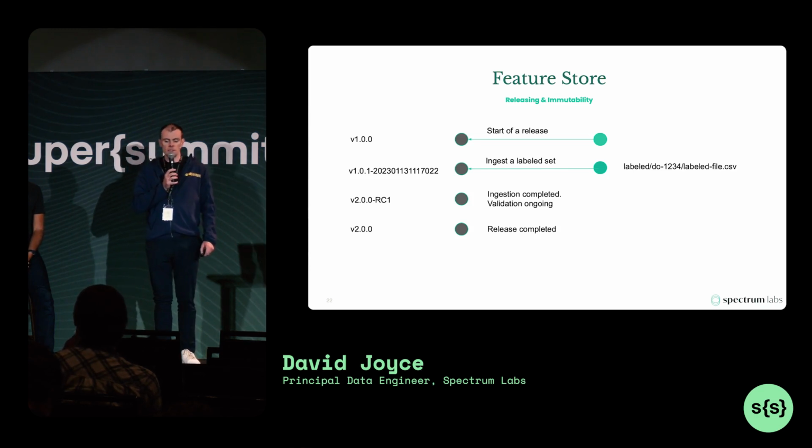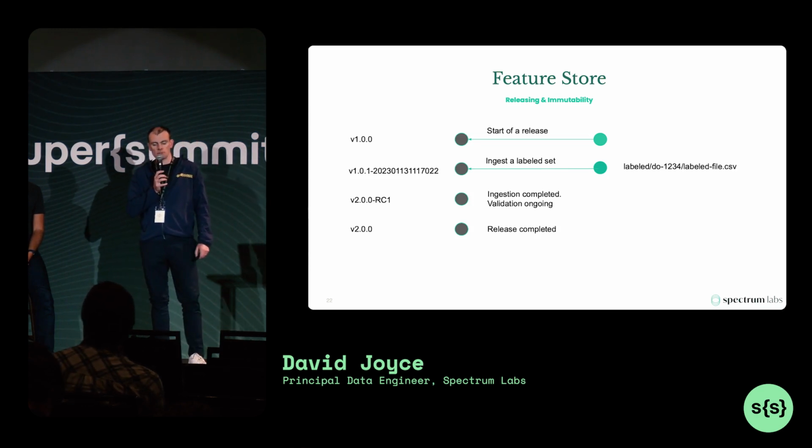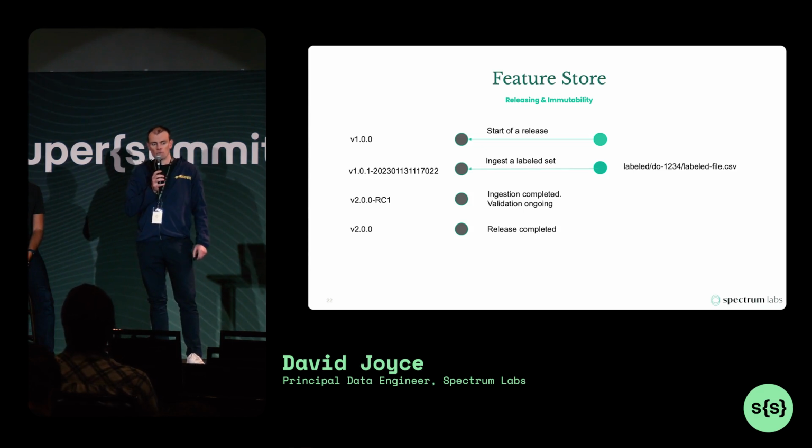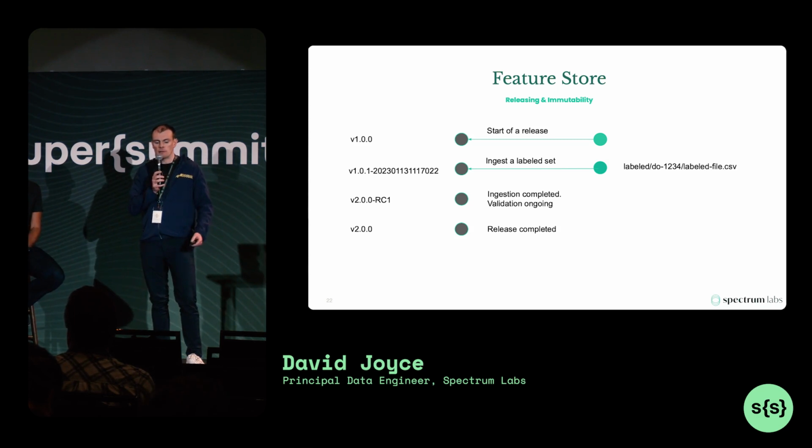Versioning and immutability is a really important part of the design. When it comes to lineage and figuring out what we did when, and how we arrived at a particular classification, we need to know what versions of our feature store we were using when it came to training. So every time we ingest a file into the feature store, we create a new version. You can see there, after we ingest a file, we bump up the patch version and we add a